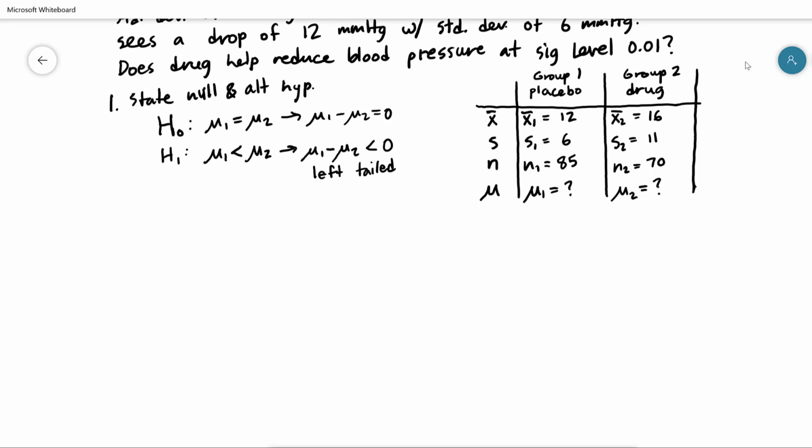We've done a bunch of these problems doing both the critical value method and the p-value method. Let's just do one this time. So let's just do the p-value method. I want to do just the p-value method. That means to define weird,